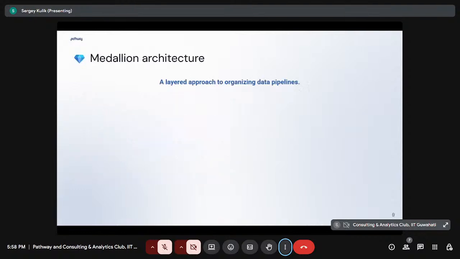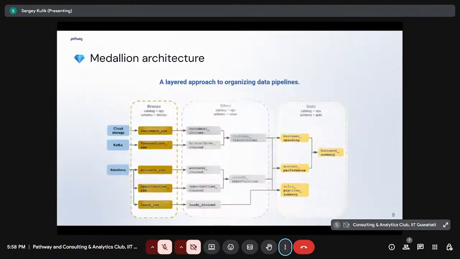Since we have already discussed the advantages and disadvantages of this way to store data, we can proceed to the next important concept, which is particularly important when we do the ELT kind of task, that is, extract, load, and then transform. But it's also useful in ETL as well. So this is called Medallion architecture, and it has several layers. Here on the image, there are 3 layers which are conveniently named bronze, silver, and gold. But of course, you can have more, and you can name them differently.